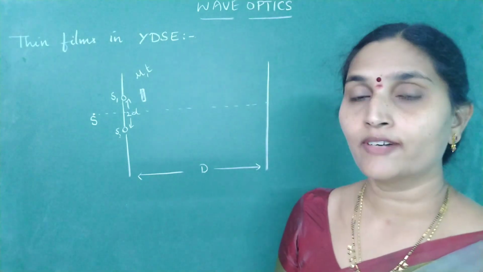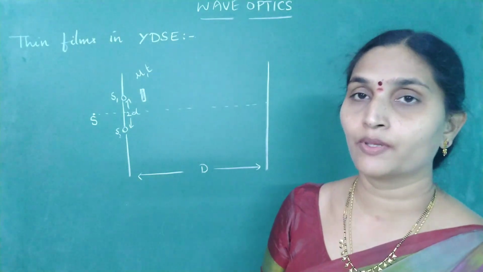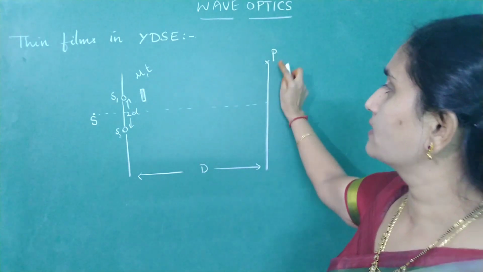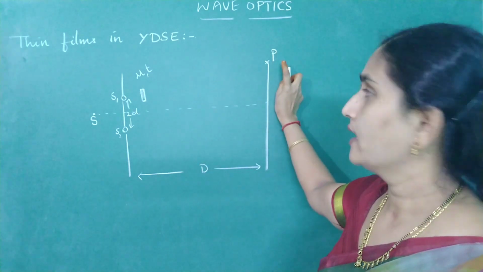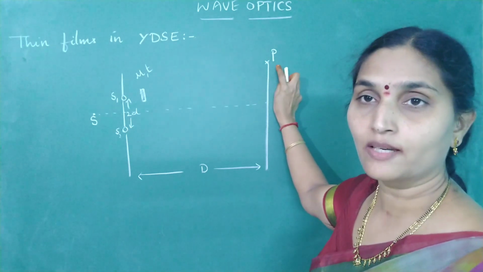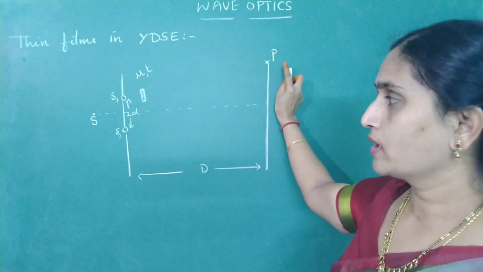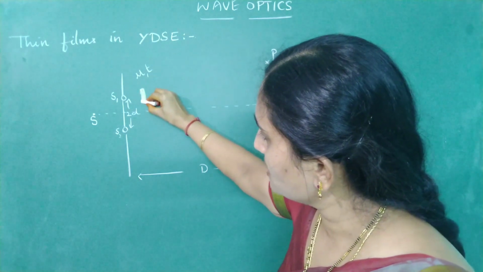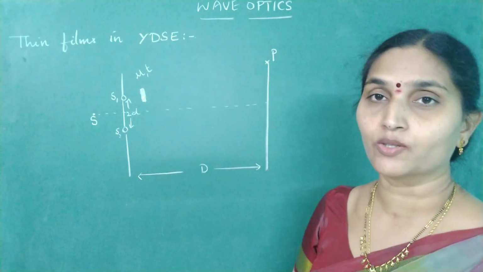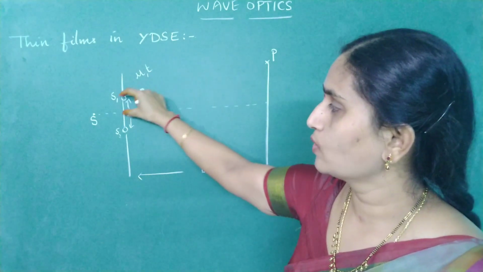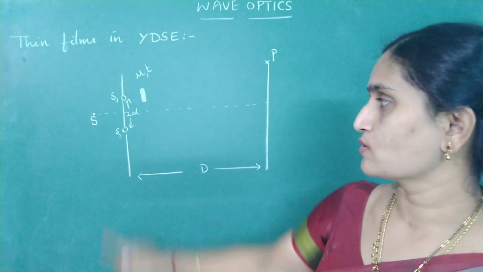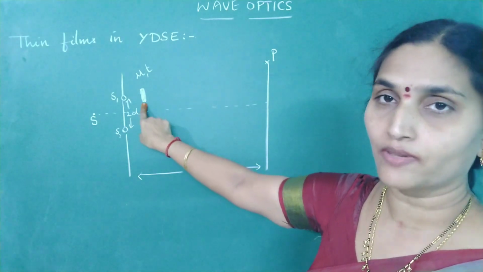Now, let us see what would happen to the path difference between the two interfering waves at a point P, what change occurs in the new path difference, and how it is going to affect the position of central maxima and so on. So, what did we do? We have taken a thin film whose thickness is T and refractive index is mu, and we have kept it close to S1, in the path of either S1 or S2. Here in this case I have kept it in the path of S1.